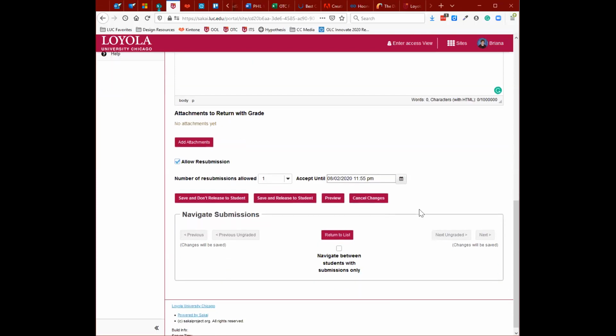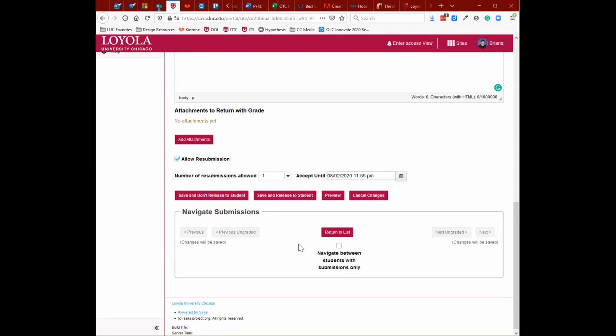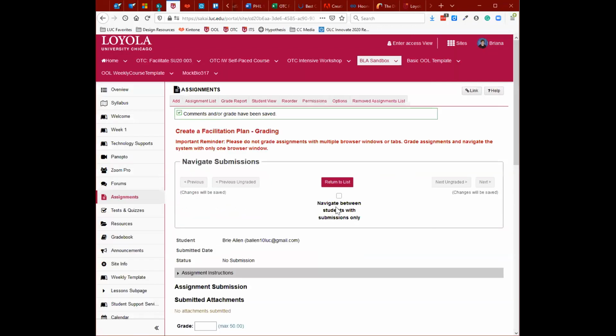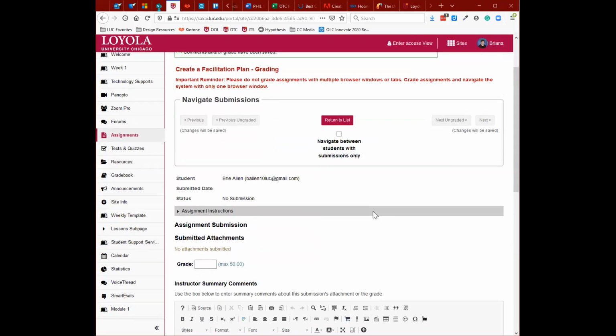Once I have graded an individual's assignment, I can either save and not release the information yet, or I can save and release the information immediately. I often say save and don't release so that I can go through and grade everybody's in case I happen to come across maybe a discrepancy or something that I clearly didn't explain well in an assignment, and I need to go back and make some adjustments to scores. It's much easier to do that before I've sent them off to the gradebook and notified students that they have a submission score. And then within here, it allows you to click through each student and go through and grade